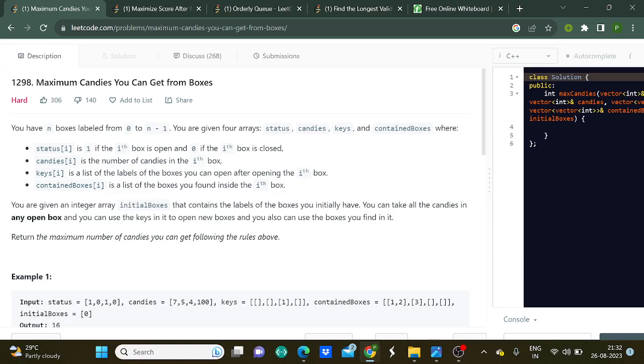So candies I represents how many candies are present in the ith box, and keys I is the list of labels of the boxes you can open after opening the ith box. Keys I represents the labels of the boxes which you can open after opening the box I. Contained boxes I is a list of boxes you found inside the ith box. So you are given an integer array, initial boxes,